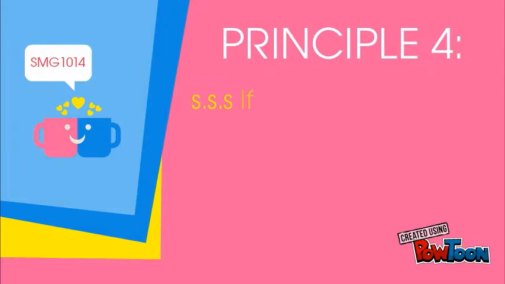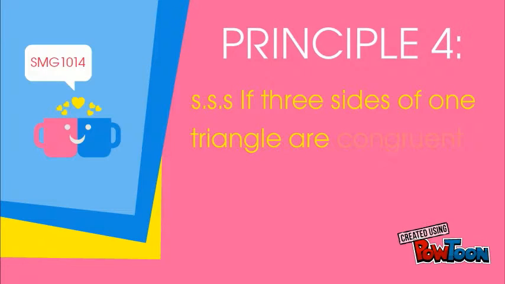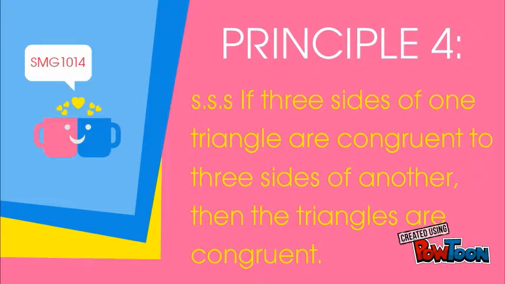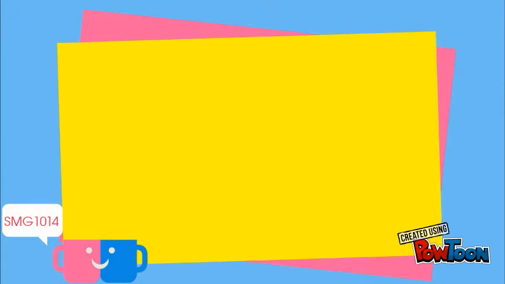Principle 4. If three sides of one triangle are congruent to the three sides of another, then the triangles are congruent. For example,